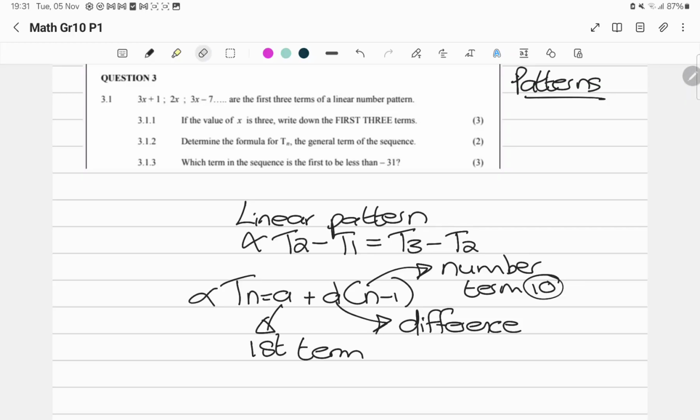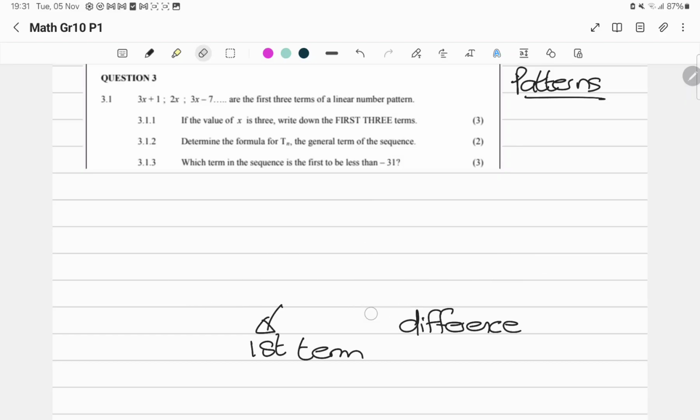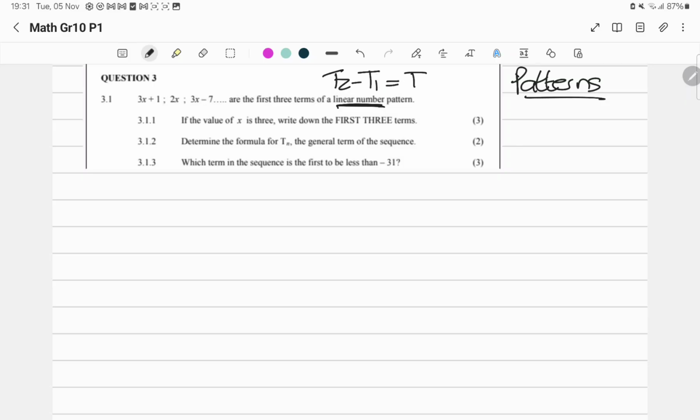Alright, so let's have a look at this question which they are giving us here. They tell us in question 3.1, 3x plus 1, 2x, 3x minus 7 are the first three terms in a linear pattern. Linear pattern, immediately you must know T2 minus T1 is equal to T3 minus T2. If the value of x is 3, so they are telling us that x is 3, write down the first three terms. So if they tell you already that x is 3, then it means we had